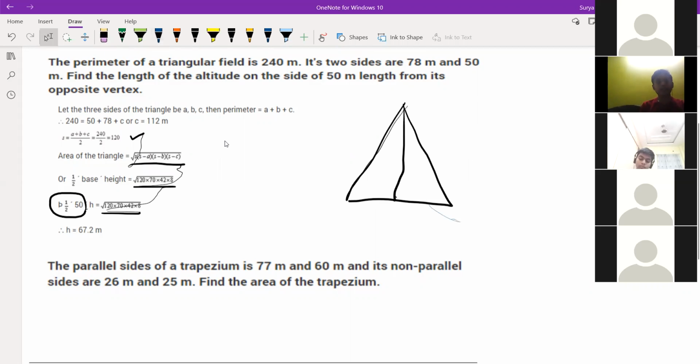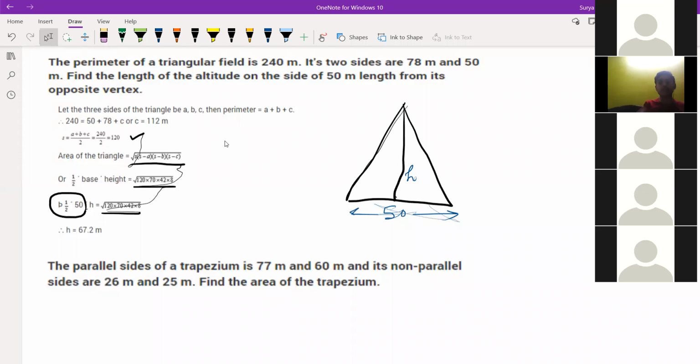So height equals area by 25. Why base you are doing that one? 25, 50 only. No, base is whole thing is 50 only. No, Saritvik. Yes, sir, but it's half into base into height, right? Yeah, 25 you're saying. Fine. Yes, sir. So I took that and divided it under the area. Okay.